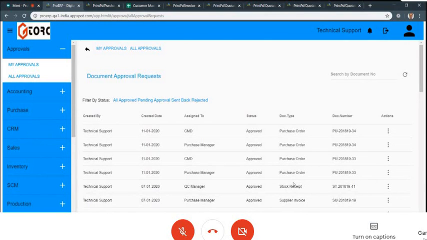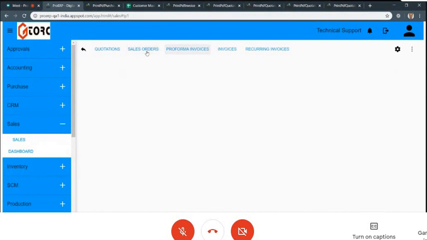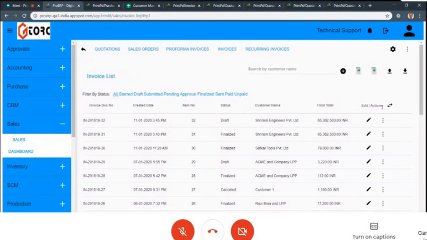Second point is this: whatever data, can it talk to Tally? No, because Tally does not have an API. We have integrated GST. For GST reasons, we have integrated with ClearTax so that you can upload all your purchases directly to ClearTax, because they have an API and we got into a partnership with them.